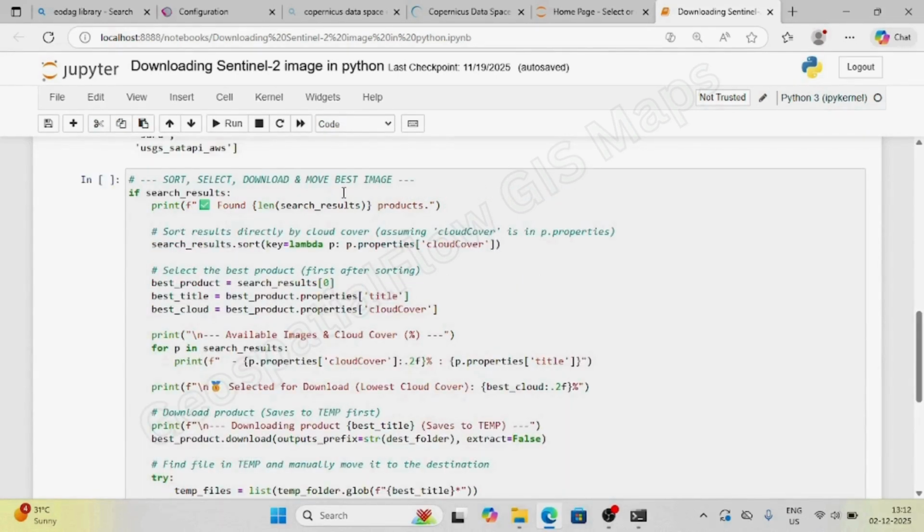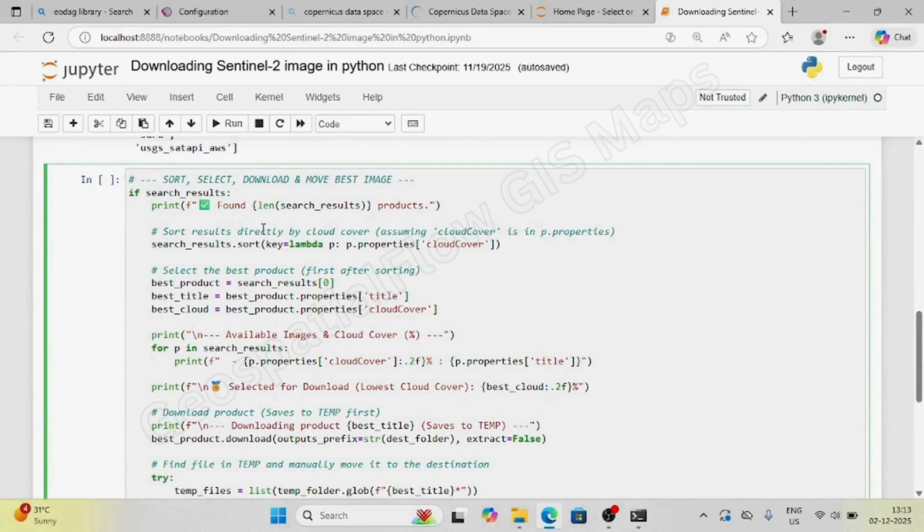Then to sort, select, download and move the best quality Sentinel-2 image with less cloud cover, we can list the available images with less than or equal to 20% cloud cover, which is stored in the variable search_results from the previous line of script.